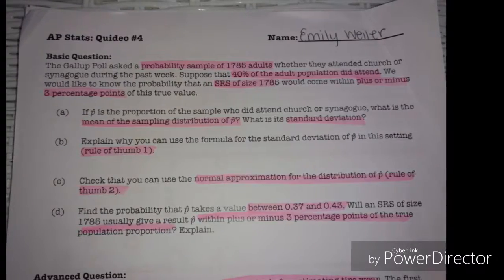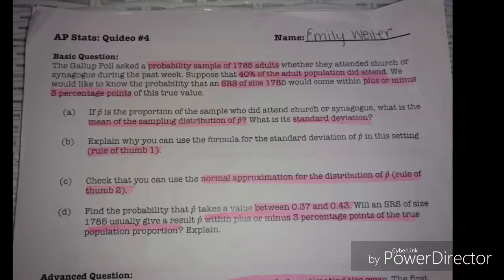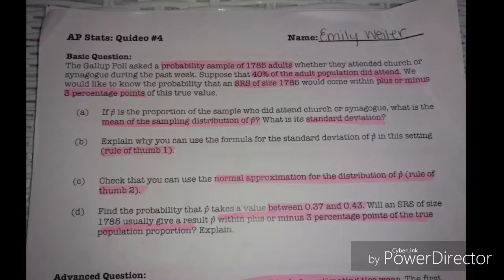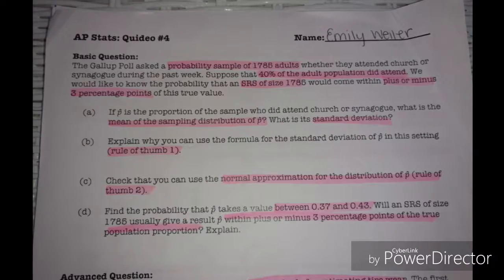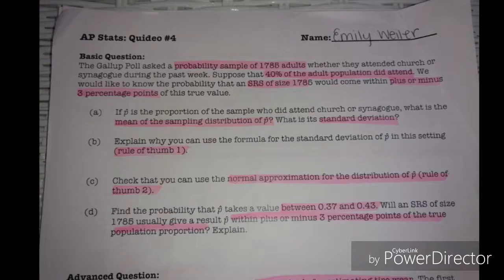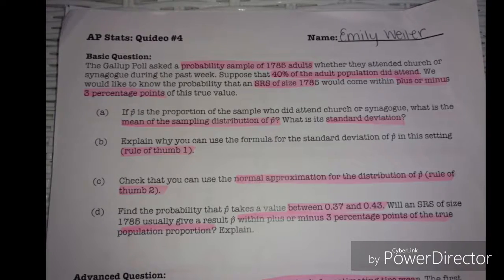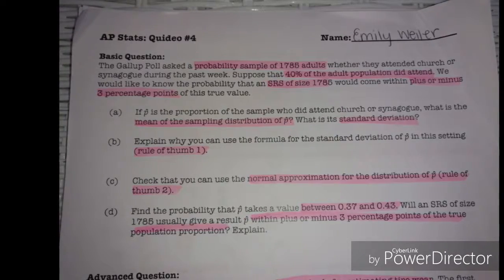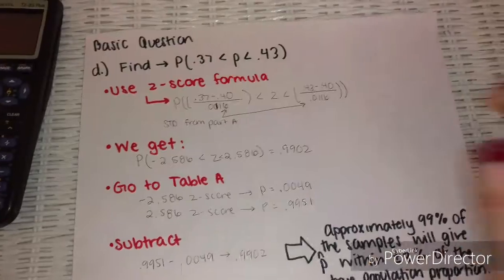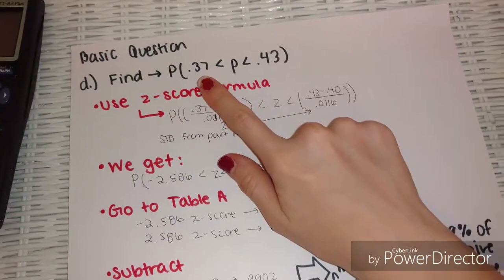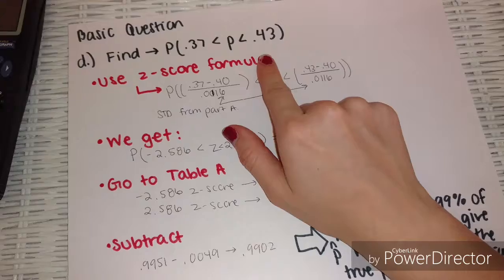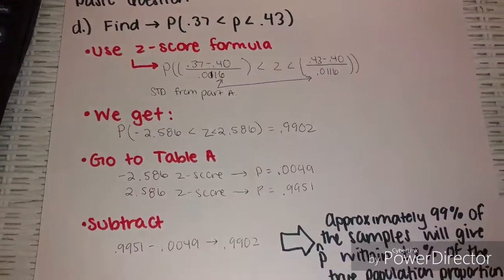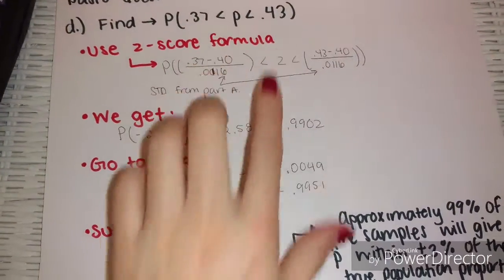So for the last part of the basic question, part D, we're asked to find the probability that p hat takes a value between 0.37 and 0.43, and we're asked if an SRS of size 1,785 will give a result p hat within plus or minus 3 percentage points of the true population proportion. Essentially what we're being asked is to find the probability between 0.37 and 0.43. So to find the probability that we'll get a value between those two numbers,